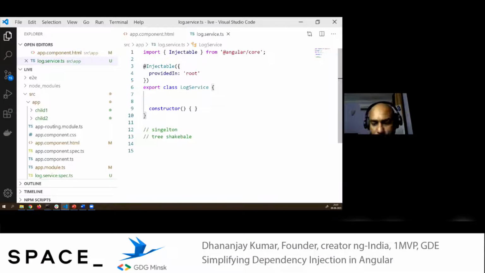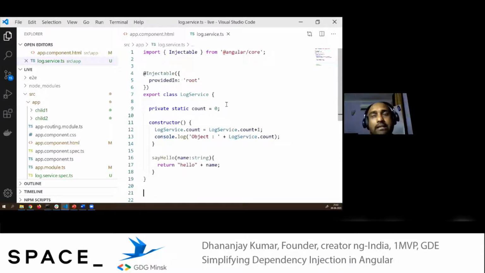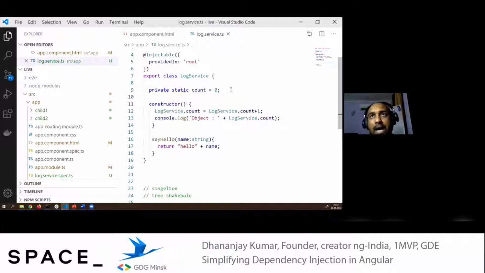All right. So here we have this service. Let us modify this service with some code. Let me walk you through the code. I have created a static variable count in line number 9, and then in the constructor, I'm just increasing that value by 1, and then I'm printing that LogService.count. You know that the constructor of a class gets called each time an object gets created of that class.